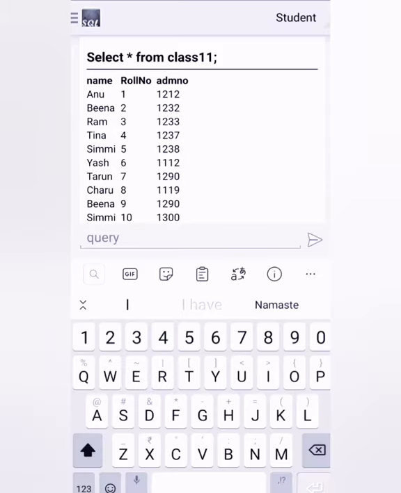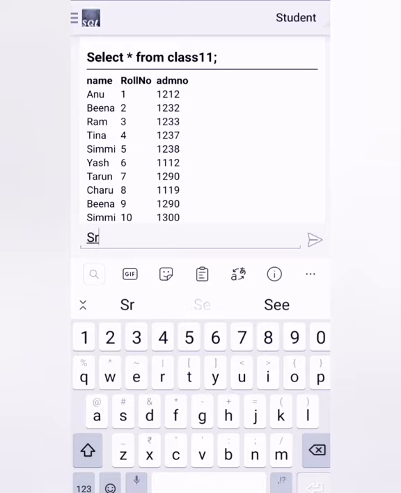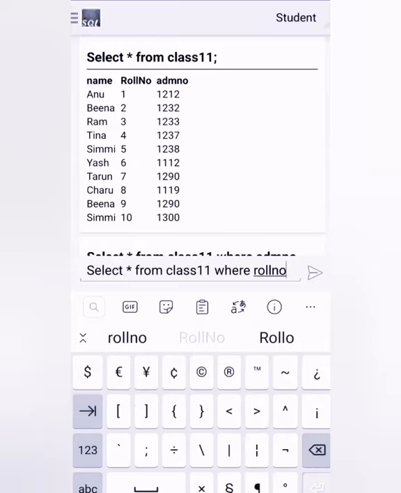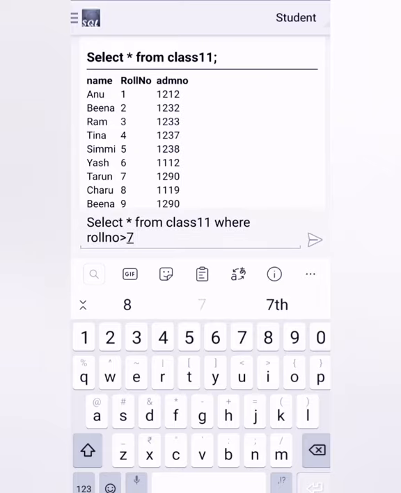We select those rows of data which have roll number greater than 7. For this, we type select star from class 11 where roll number greater than 7.